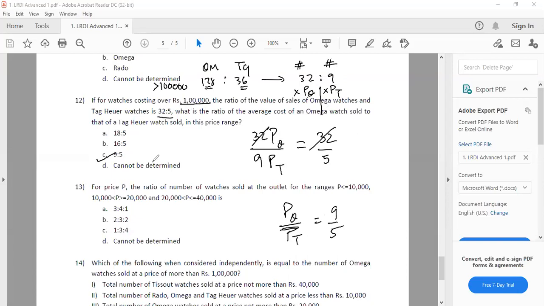Okay. Yes. That was clearly visible. I mean, once you have got 32 is to 9 and you saw that this is given 32 is to 5, where will this 9 go? 9 has to be somewhere in the answer. The only option which has a 9 in the answer choice is C. Just go ahead and mark it. It has to be, brother. Where else will it come from? All right, next one, 13th.